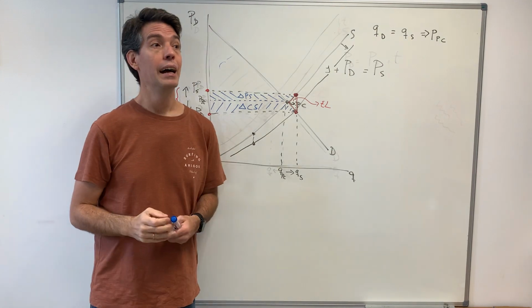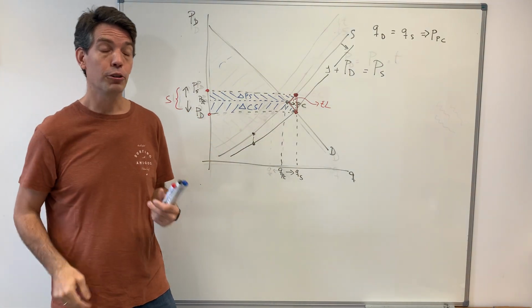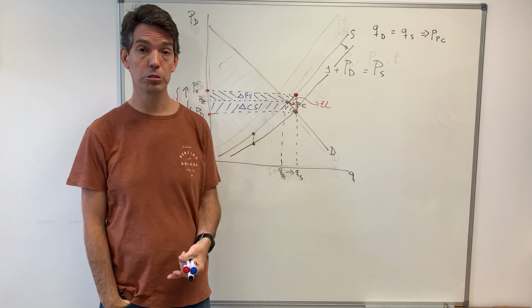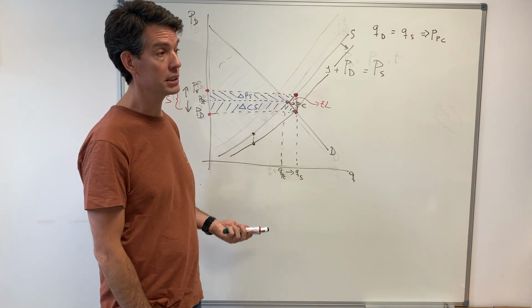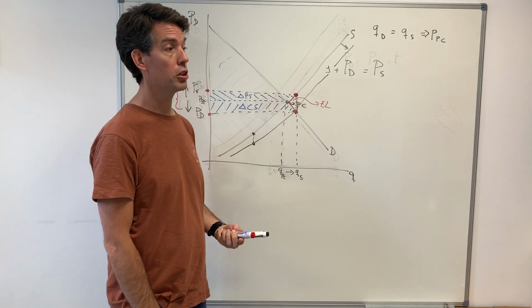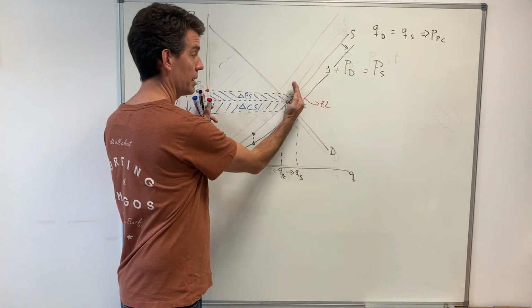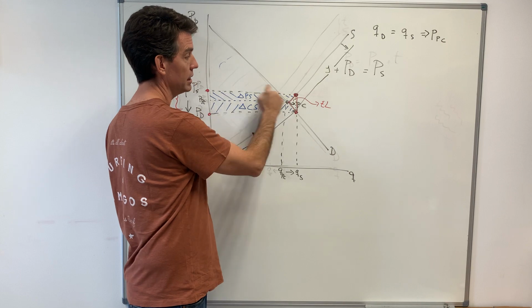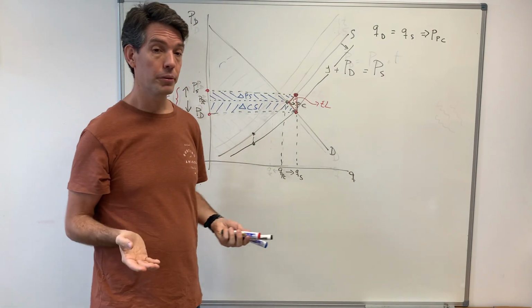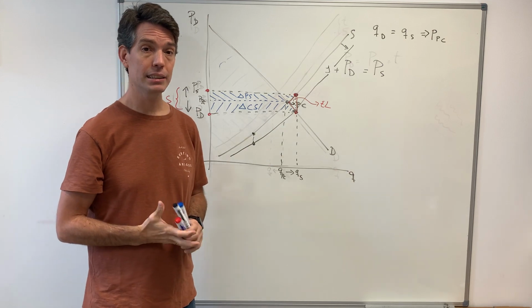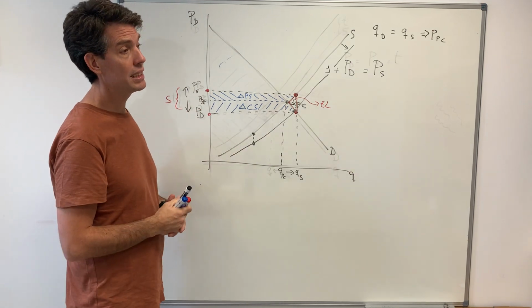Okay? So again, subsidies are great for those who participate in the market, both consumers and producers, but not so great for whoever has to pay for this. Why? Because the total cost of paying for this measure is larger than the increase in consumer surplus and producer surplus. Notice also, I could have said this when I was talking about taxes, but notice that this same analysis,